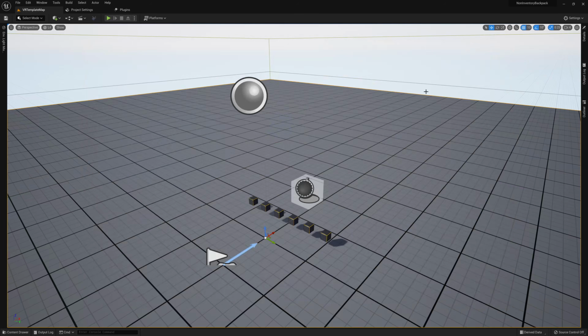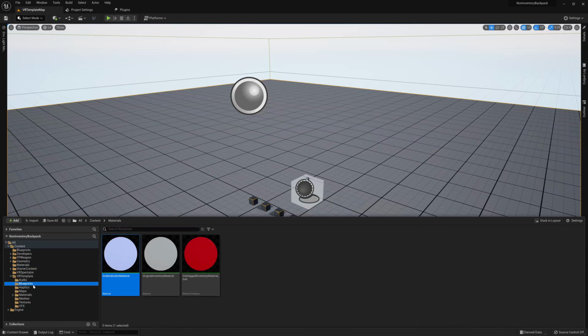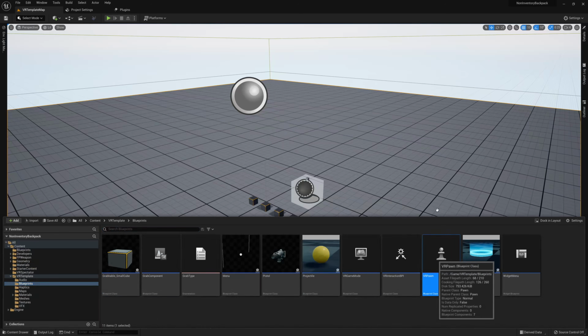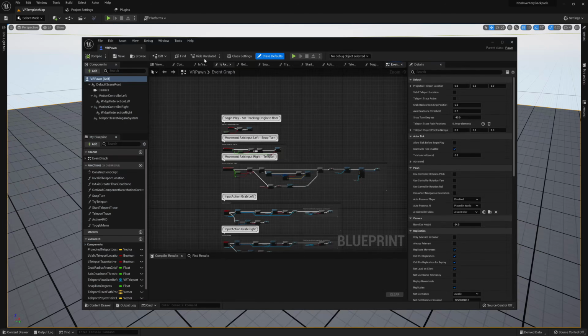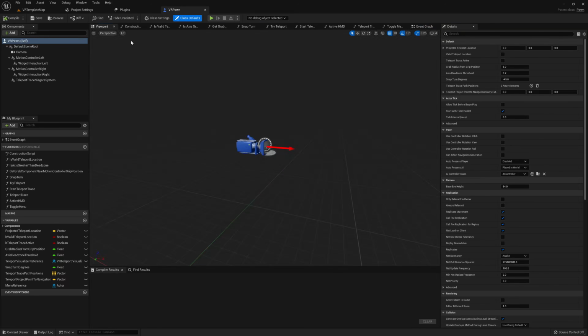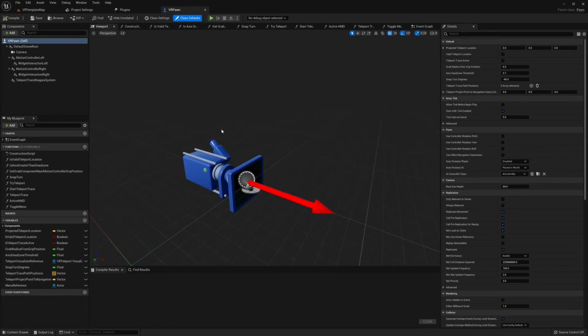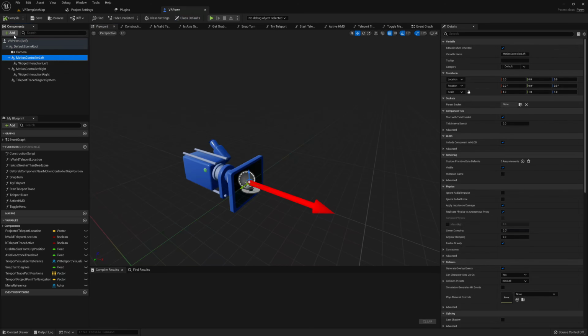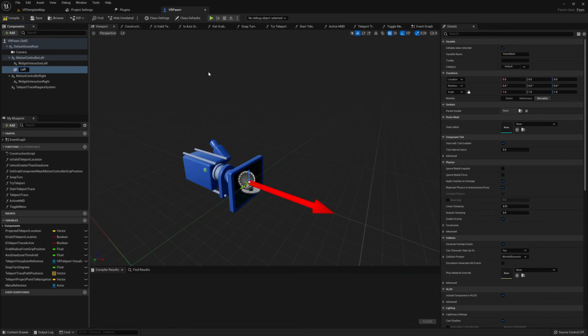Once this is all done, let's go ahead and jump into our VR pawn to finish off all the setup. In the VR pawn, I'm going to start out by giving our motion controller left and our motion controller right both static mesh components. Now for these static mesh components, I'm going to go ahead and set the static mesh to a simple material sphere, and then I want to set the material for our spheres to that same material